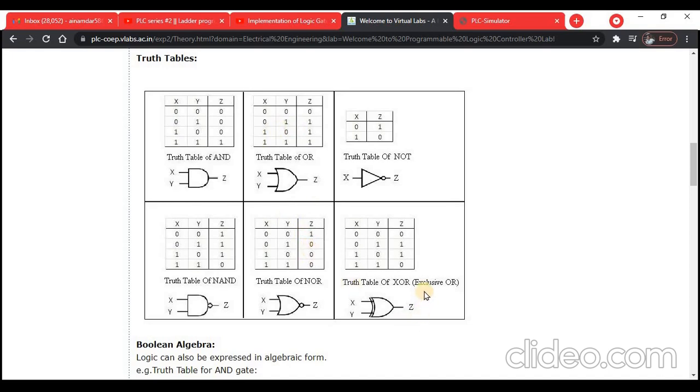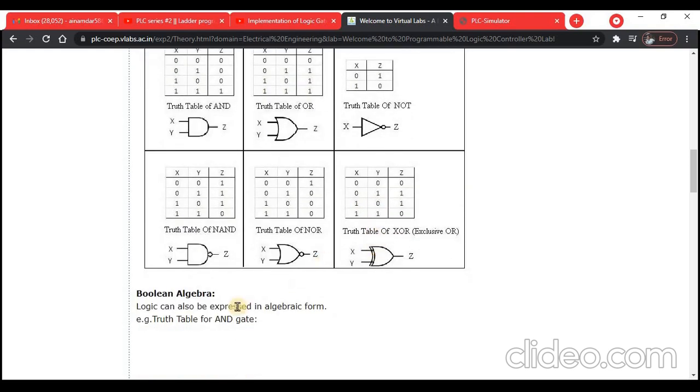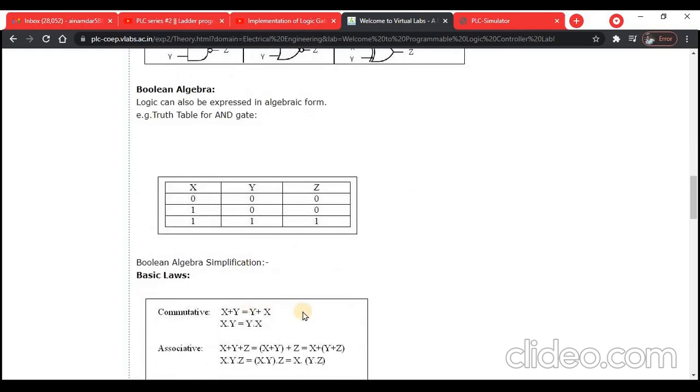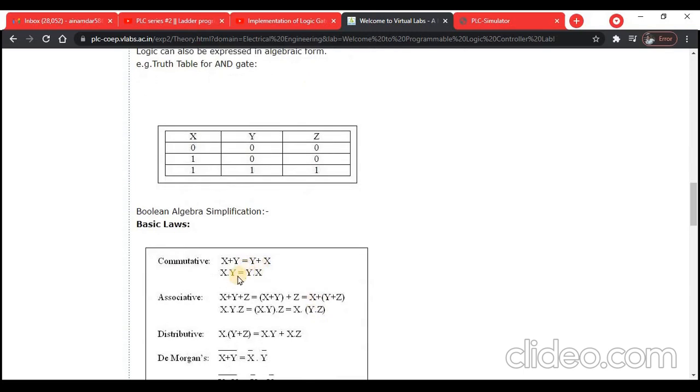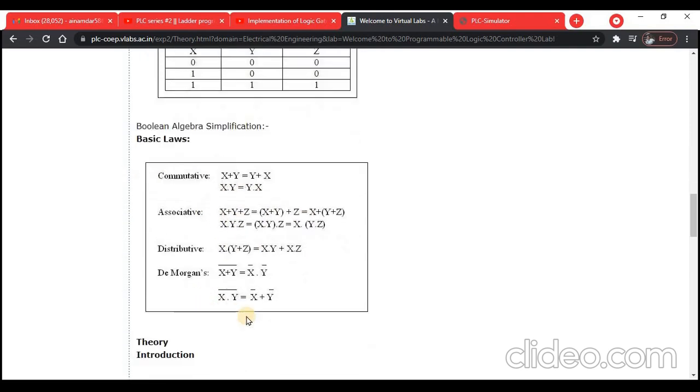And XOR, you can see here, exclusive OR, is quite different: if both inputs are true, then it is 0. Only one input should be true, then it will be 1. Okay, these are the different laws which I think you have learned in the DEM subject: commutative, associative, distributive, and De Morgan's.